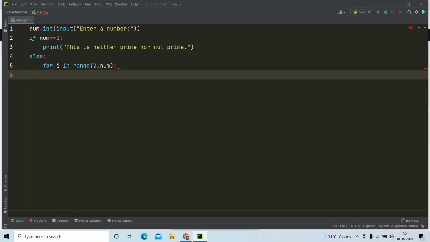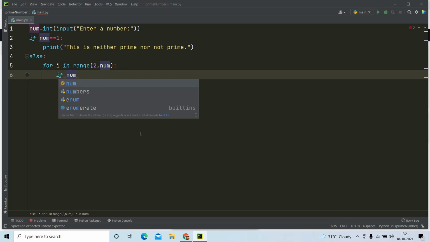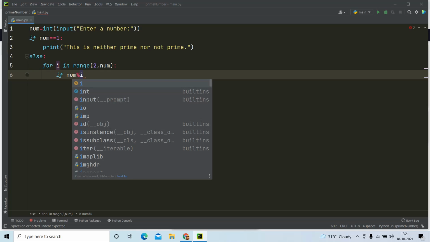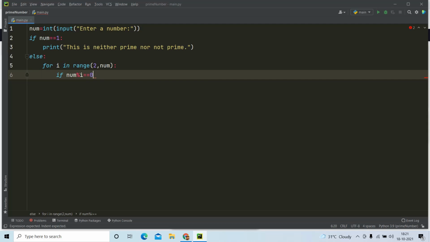So yeah, we are inside our for loop now. We are going to check if num modulus i. So i will range from 2 up to num minus 1. So if num modulus i is equal to 0, then what does it mean? It means that the number is divisible by one of the numbers in the range.